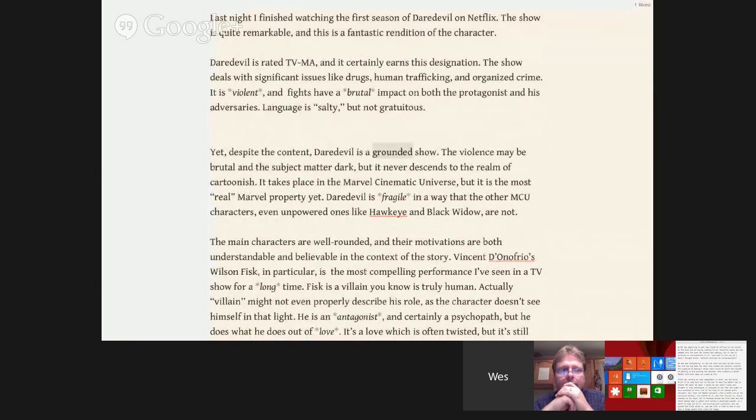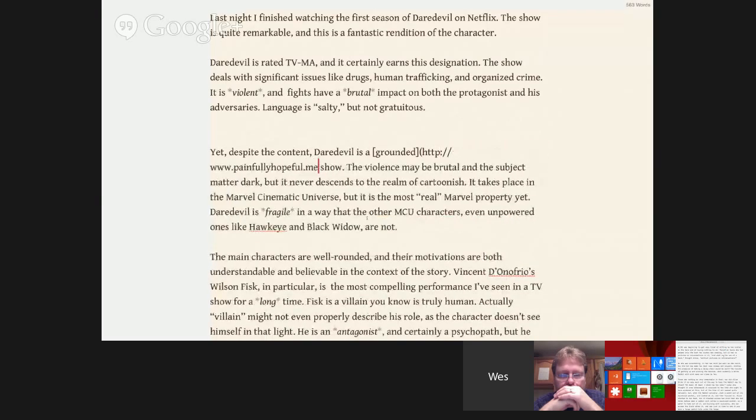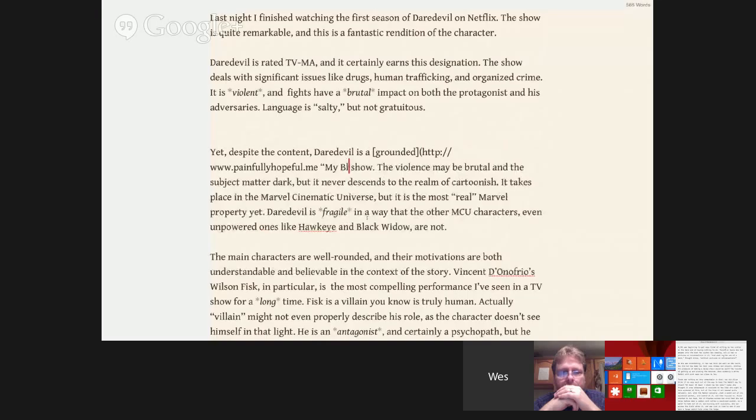There's other ways that you can do it. This is how I blog, by the way. Links are handled really well, to where anything you put in brackets is what's going to be the link text. And then after that, you just put your URL, and then you can put a title in quotes. And when you go to live preview,